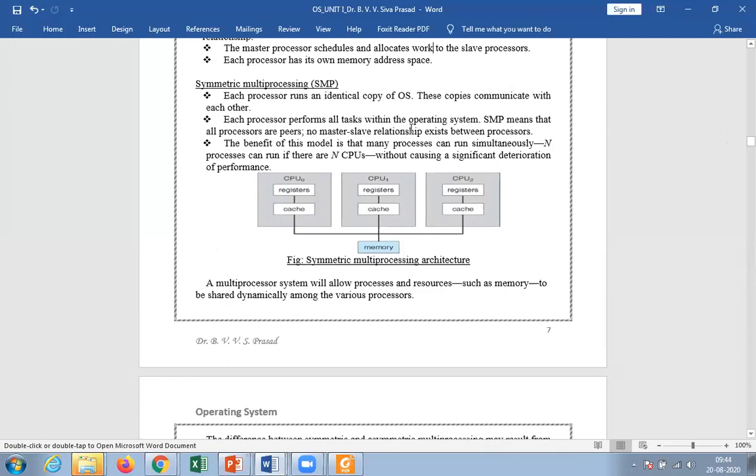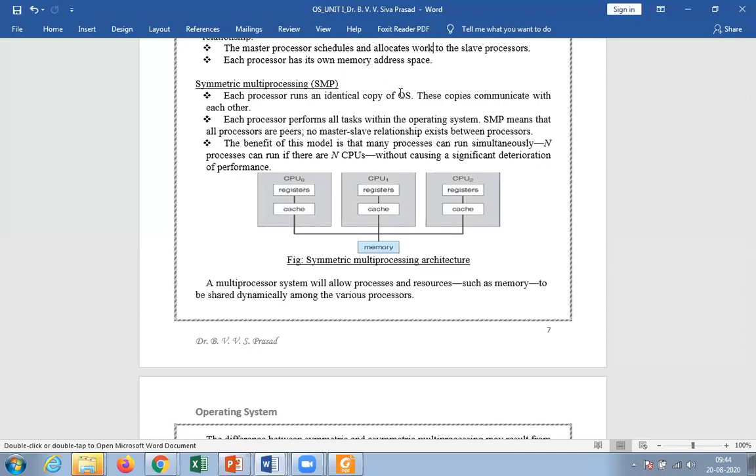So there is no master-slave concept here. Each and every processor has the same priority and runs an identical copy of the OS. The main difference between symmetric and asymmetric is that in asymmetric there is a master. Depending on the master's instructions only, the slaves are going to work, or if there is no instruction from the master, they do their own work.